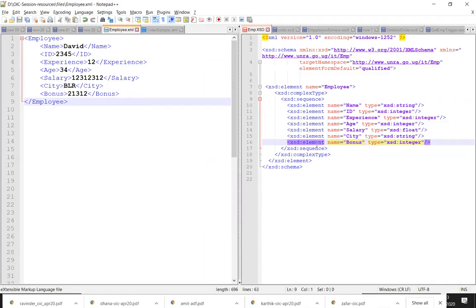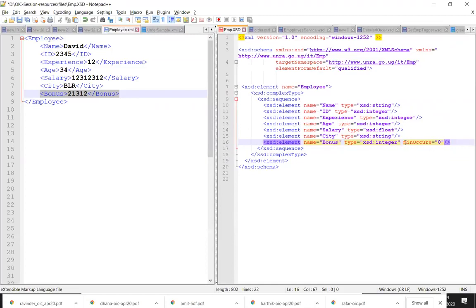But even in this case, if you want to make bonus also an option, for example, when I'm writing in XML, I will say it is still following this XSD, but my bonus element should be optional. Then what you have to tell is there is something called minOccurs equal to 0. You have to mention that in the XSD, then it becomes optional. Okay, these are some attributes we have to learn. We have to set some properties, then we can skip that element in our XML file. Yeah, got it exactly.